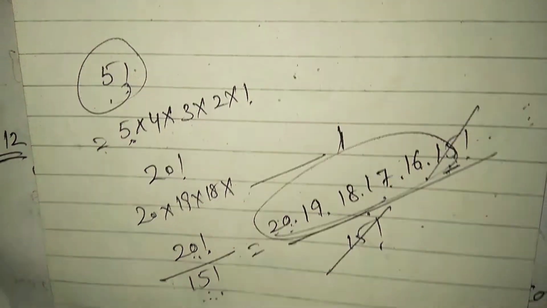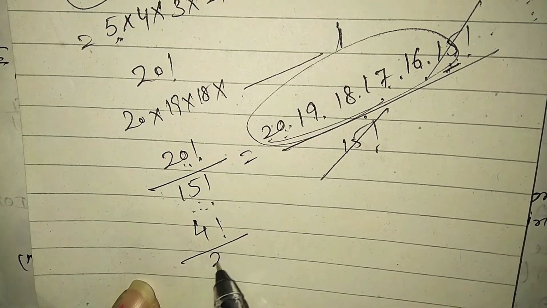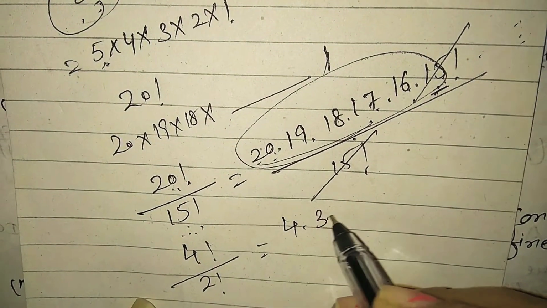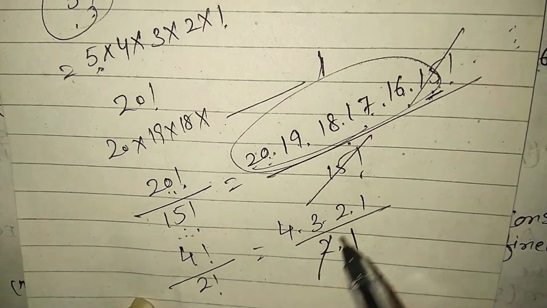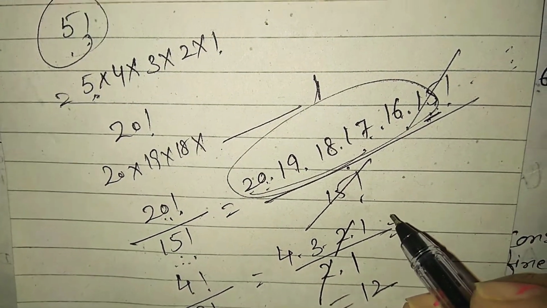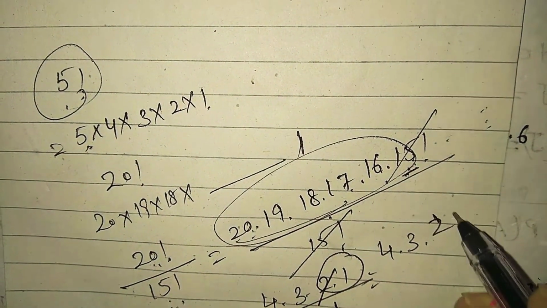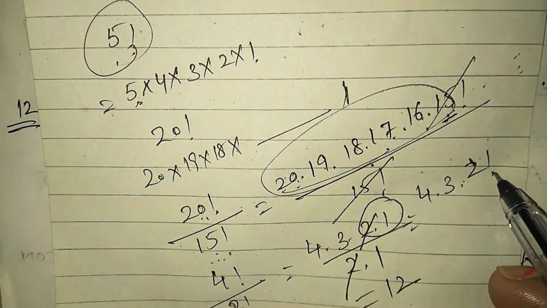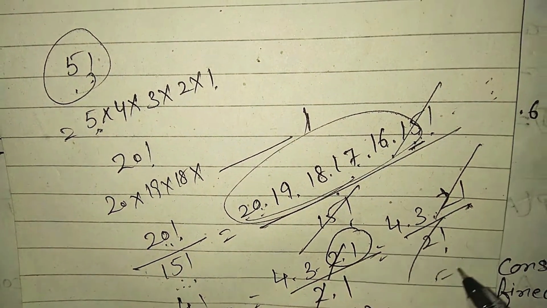Suppose, as a simple example, I take 4 factorial upon 2 factorial. What is the meaning of this? 4 factorial means 4 into 3 into 2 into 1 and 2 factorial means 2 into 1. So we cancel 2 and the answer will be 12. Or we can write 4 factorial as 4 into 3 into 2 factorial, we go only up to the number given below and stop there. The denominator is 2 factorial, cancel, and the answer is the same, 12.